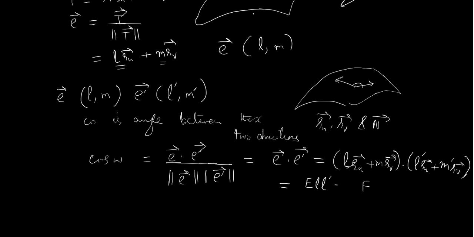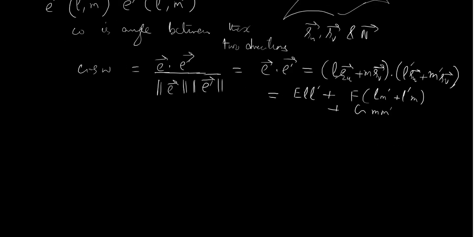It is basically, I write here, plus f times lm prime. It is just evaluation, so you can just evaluate it yourself, plus g times mm prime. So that would be the cos of omega, and if I want to evaluate sine of omega, so sine of omega is nothing but